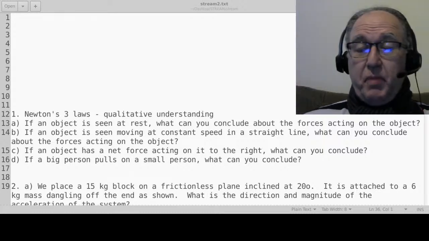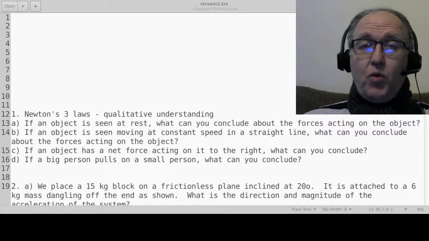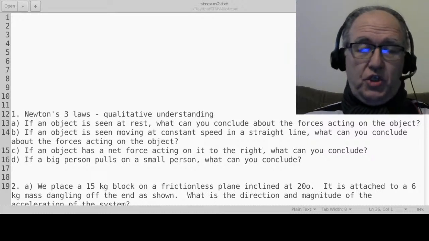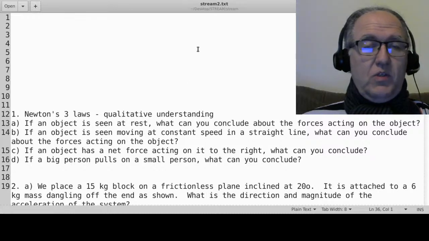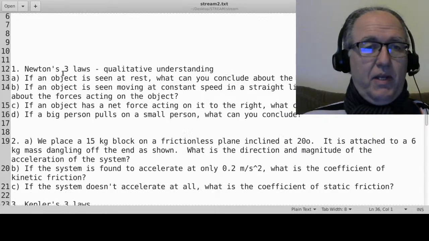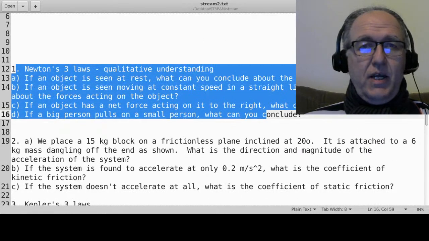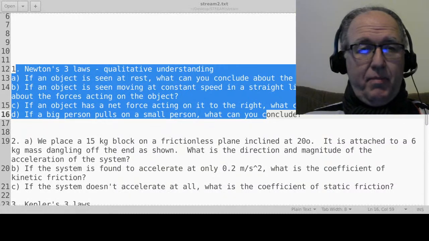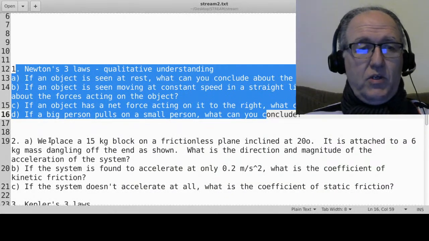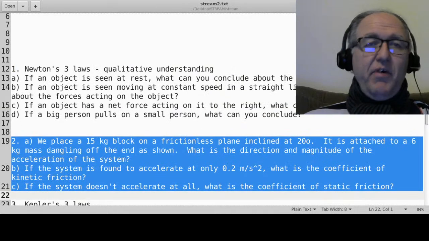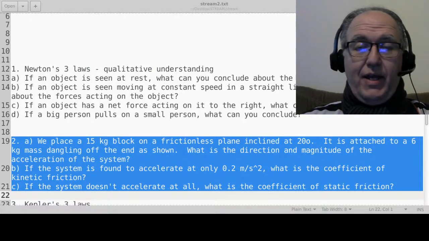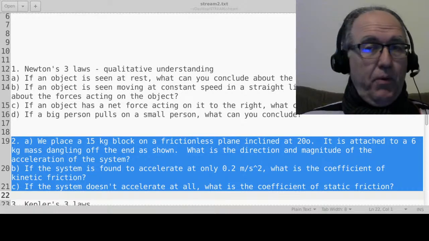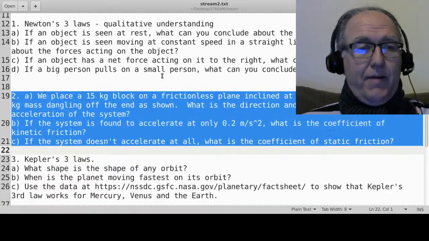Let's just begin. I've got 5 questions today, which should cover all of the material that we did. For Newton's laws, there's going to be just some qualitative questions on the test, and that's what my first question is going to be all about. But then there's also going to be quantitative applications of Newton's laws, like the masses on inclined planes and masses attached by ropes and things like that. And then